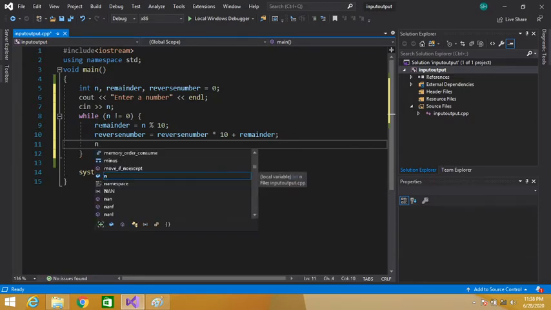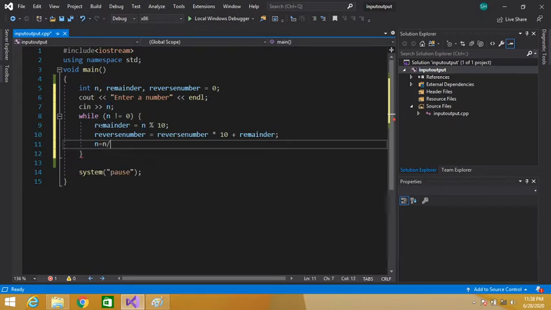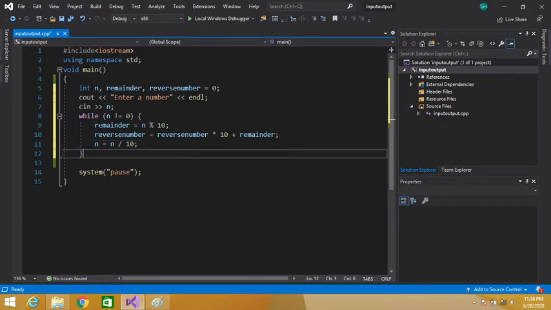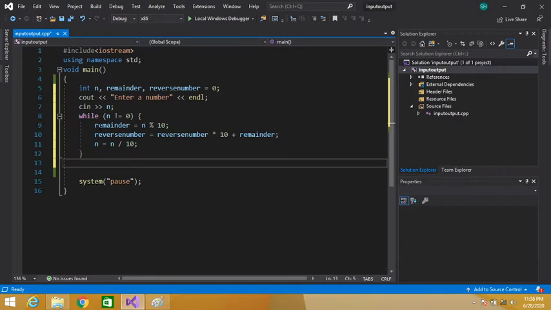Then n is equal to n divided by 10, and then outside the body of the loop we will display the reverse number.